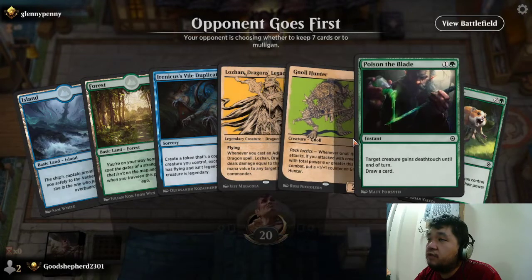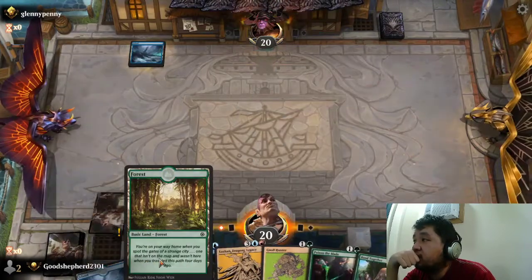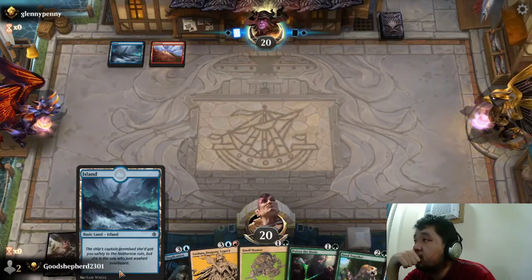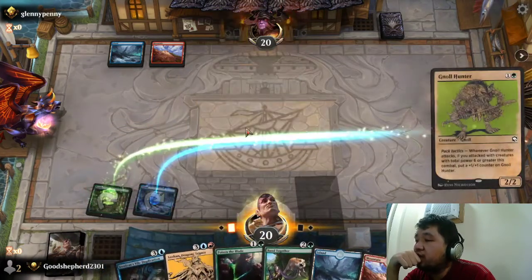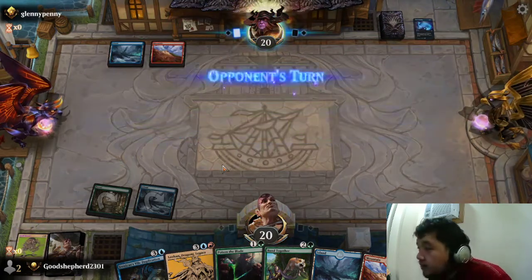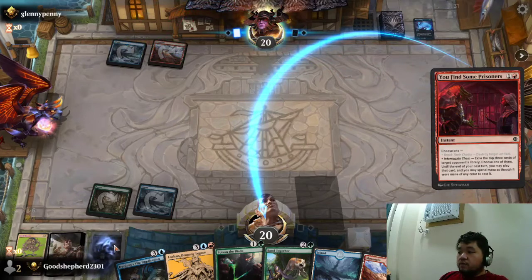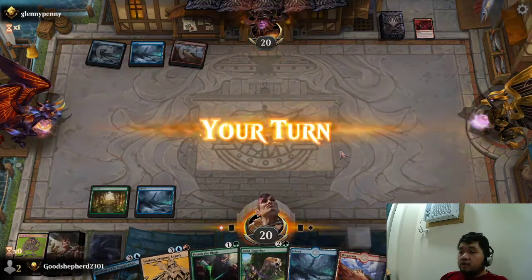So Null Hunter, Poison the Blade if we need to. I am willing to keep this, but we are going second, which is an issue. The good news is our opponent's playing blue, which is usually good news for us, I guess. Yeah, I guess we played the Null Hunter. If our opponent has Dragon's Fire, so be it. If our opponent has Undersimplify, yeah, sure, that's fine too. So, did we lose? Okay, they took our land because they need the land drop. Okay, so